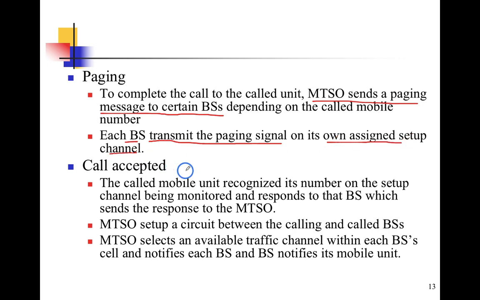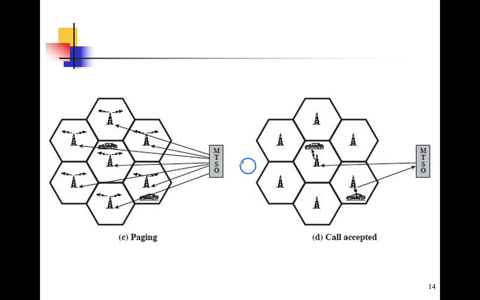So they will transmit the paging signal and see what the channel setup is and what information that particular channel contains, in the process of call accepted, and you can see this one. This is what we call paging. So when there is a call, the MTSO will blast the message to all those particular base stations, and then